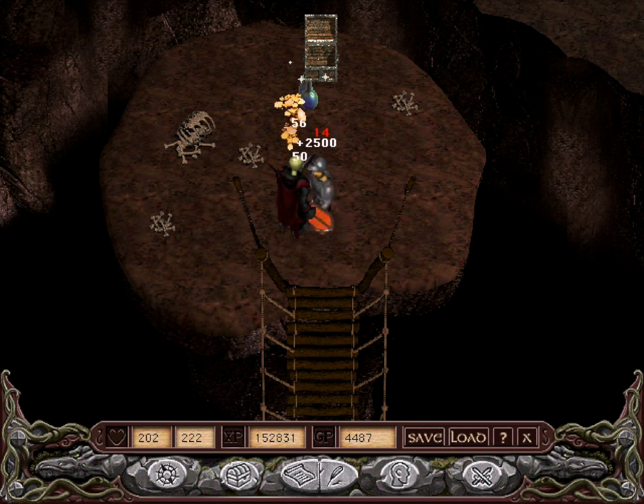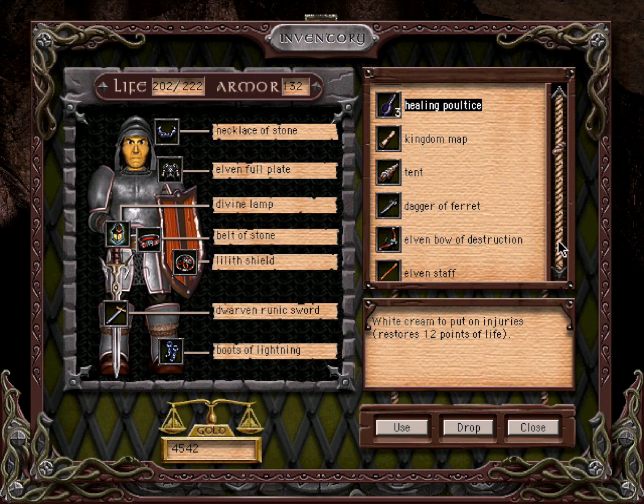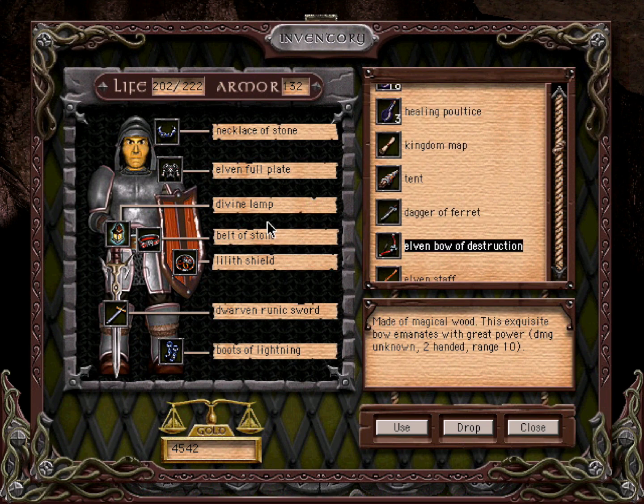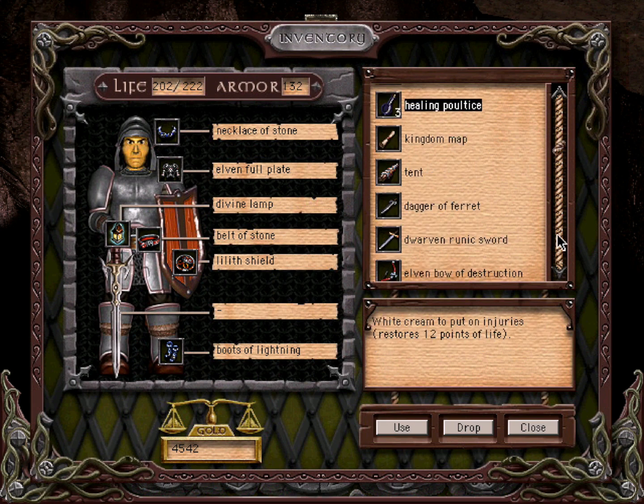So it's a death knight. He's not really any match for us at this point. So the axe we got is the strongest two-handed weapon, the War Axe of Misery. 20 to 50, plus 1 to speed, plus 5 dexterity, but it's two-handed. I rely so heavily on shielding, I just don't see the value of this. Plus, the damage is not that much better than our...